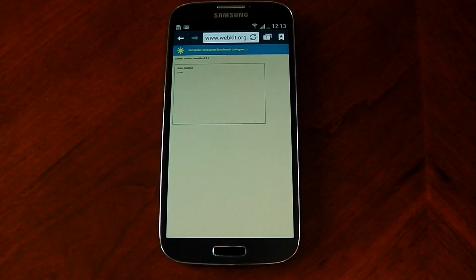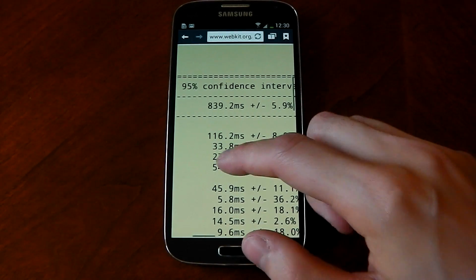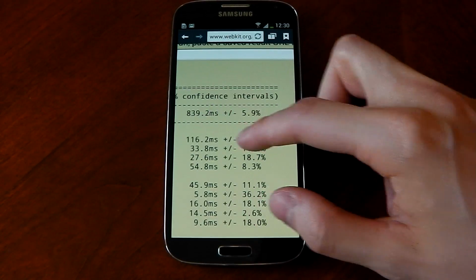All the other ones done on all the websites will be done on this test, not the new one. So, yeah, here we go with the results. And if I zoom in, we can see it scores 839.2 milliseconds, which I can tell you is a pretty damn good score. Now, in comparison with the iPhone 5 doing this exact same test as in the 0.9.11, it